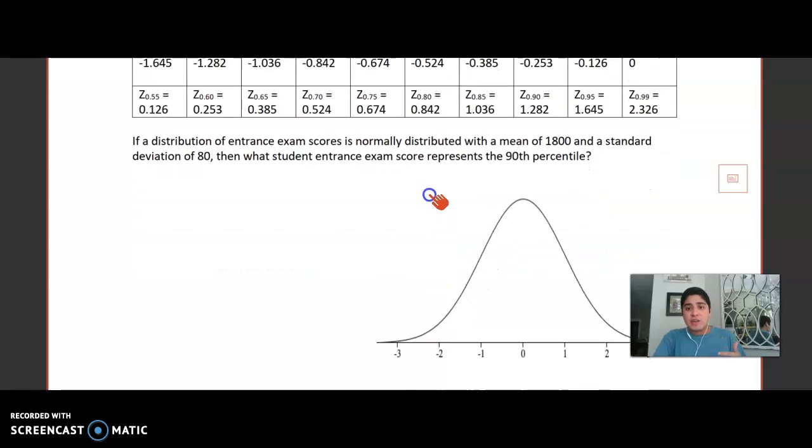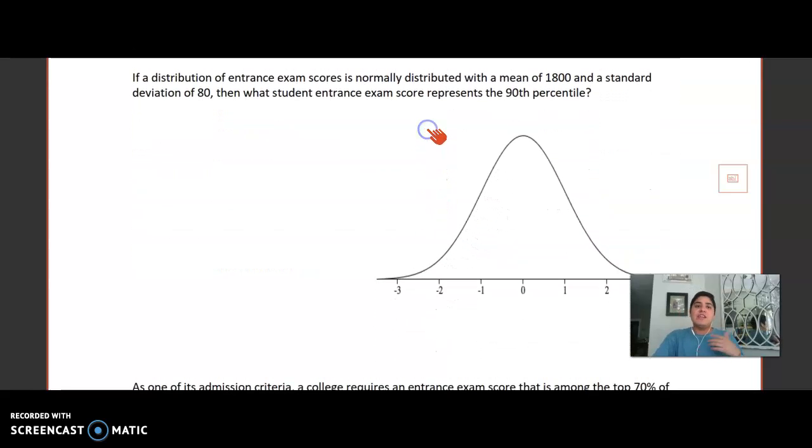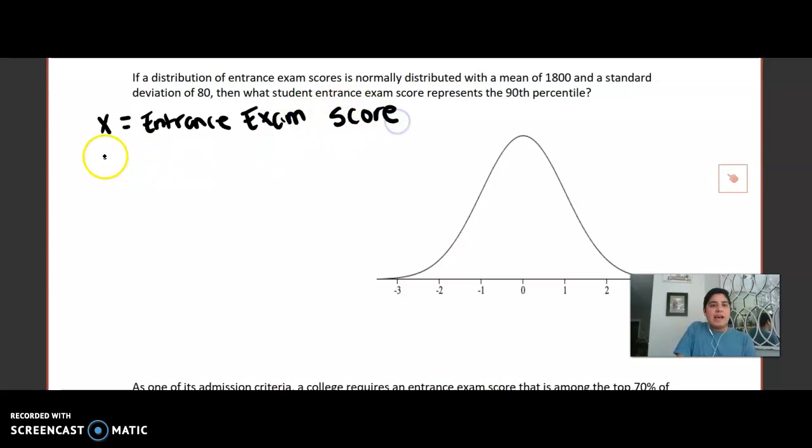Let's actually talk about solving these problems. So if a distribution of entrance exam scores is normally distributed with a mean of 1800 and a standard deviation of 80, then what student entrance exam score represents the 90th percentile? So again, there it's already giving us the proportion of data. 90% or less happens at this z-score of this observation. So we'll still keep our picture here. So we'll say x is, we'll skip a step, see? X is going to be your score on the entrance exam. So x equals entrance exam score. And I know that x is distributed normally with a mean of 1800 and a,